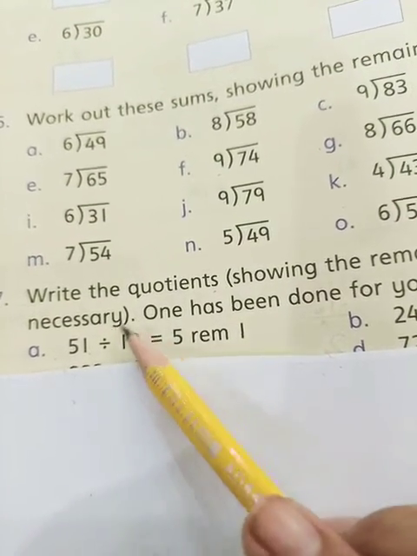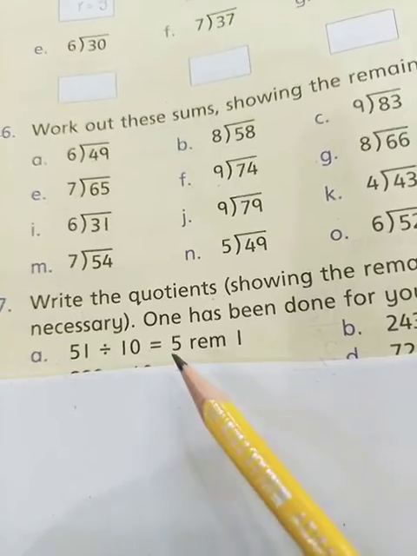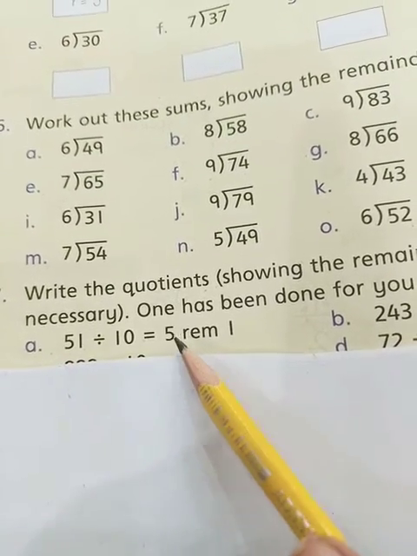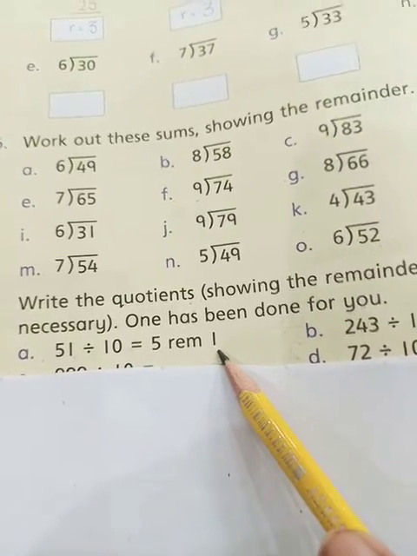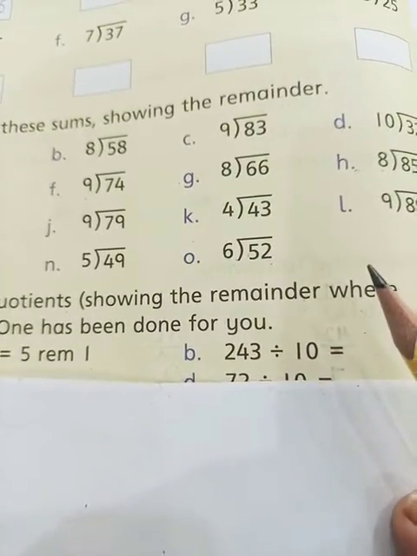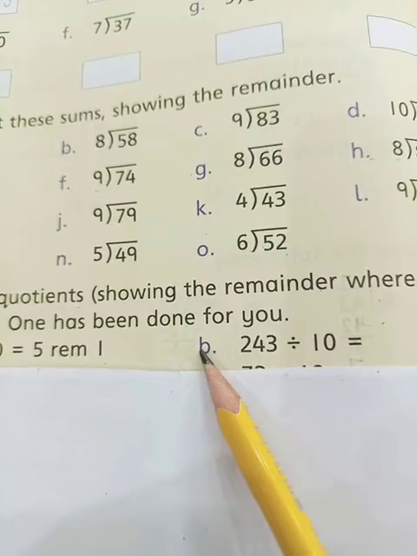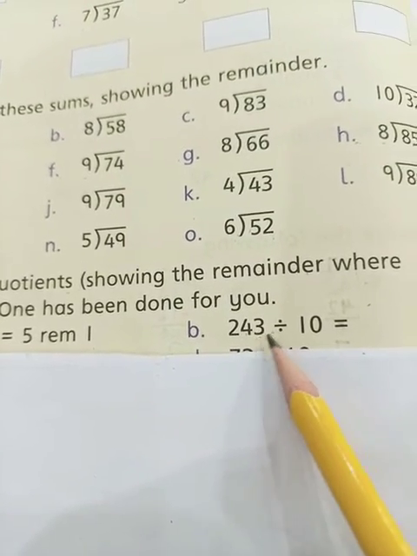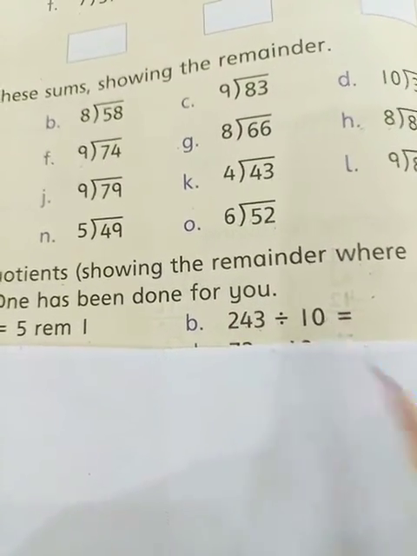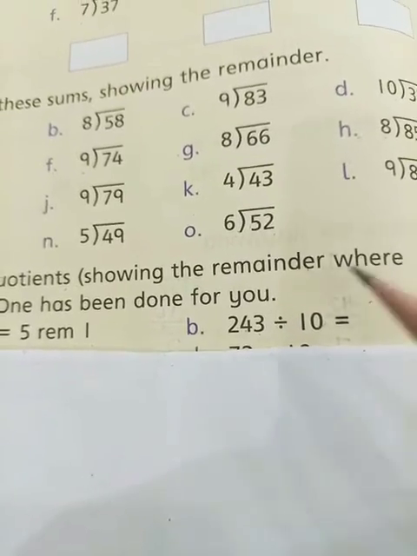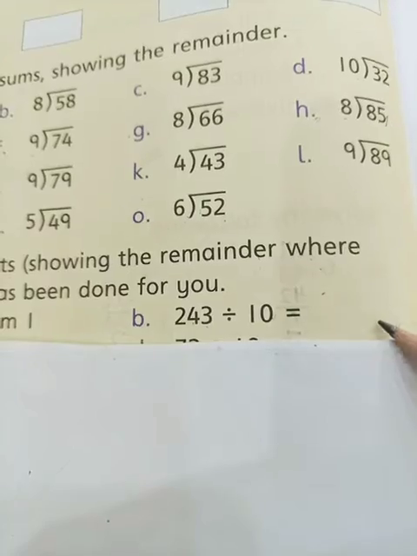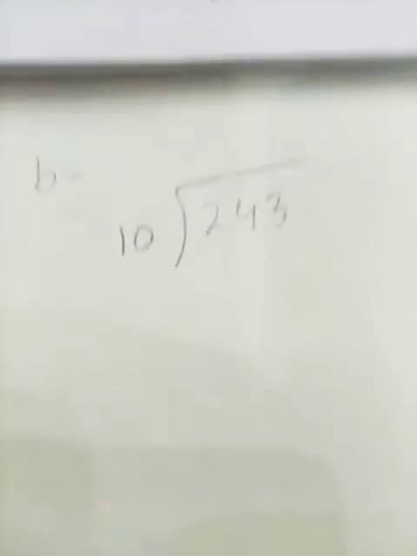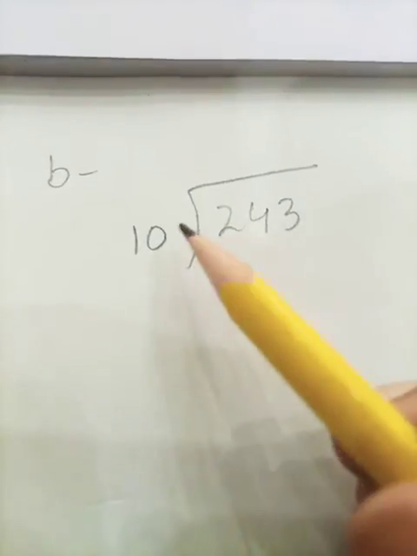So students, we are going to divide it first and then write our quotient, and if there is a remainder then we are going to write the remainder with it. Okay, so let's do our question number 2, B part. 243 divided by 10. Let's do it in your notebook. We are going to do it in our rough notebook and we will write the answer here only. Okay, students, let's solve our division question.